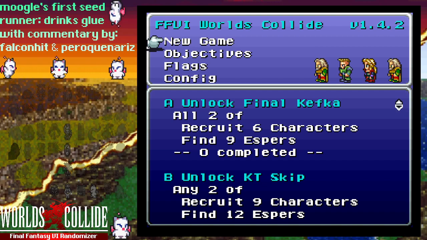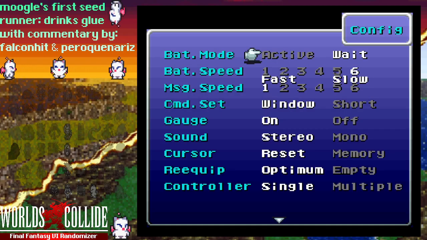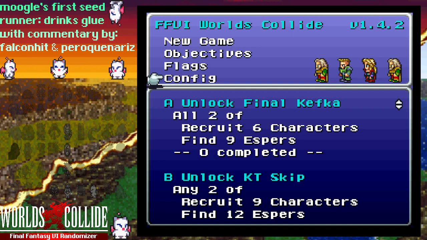It's an introductory playthrough through a Worlds Collide seed for a new player, so they can get a grasp of what's going on and learn the game. So with that in mind, always put your cursor on memory. Don't use standard, use memory. But getting started, just before we load up the seed,